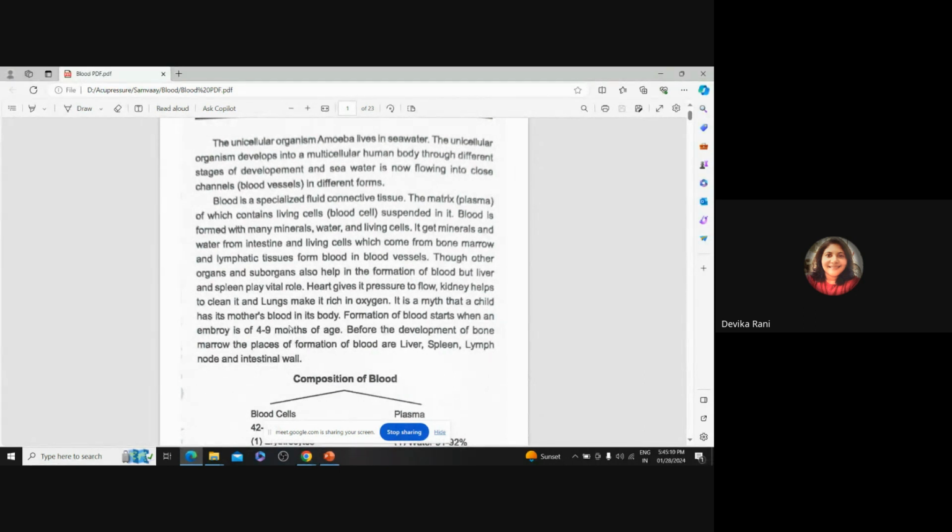Then, to trigger blood cell production, our kidneys and our liver help. How? Primarily through kidneys, a hormone called erythropoietin is released, and a bit from the liver as well, which gives the signal to start producing red blood cells, which are a type of cells which we will study later. So they also help in the formation, and kidneys, of course, also help clean the blood, and liver helps detoxify the blood.